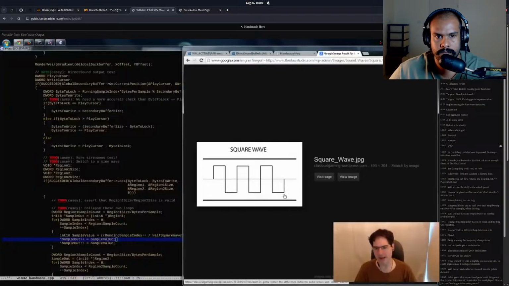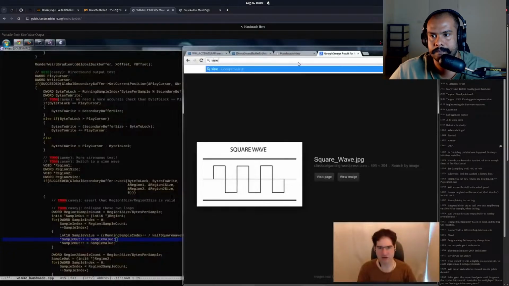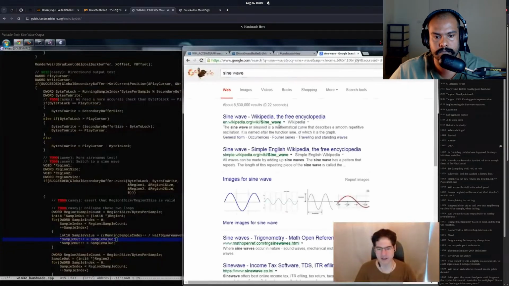And so that's just a bad thing to test against. We don't really know what that should sound like intuitively. We probably can't hear errors in it very well. So the first thing that I want to do, and I didn't do this originally because I didn't want to